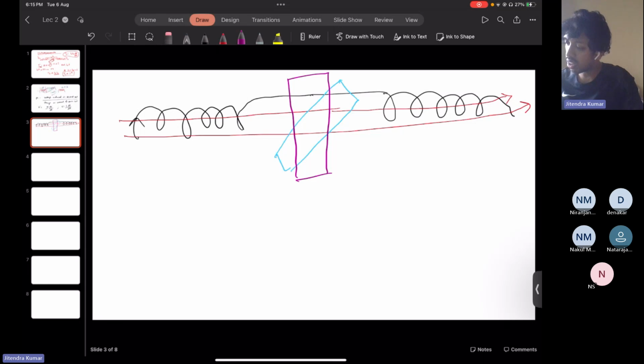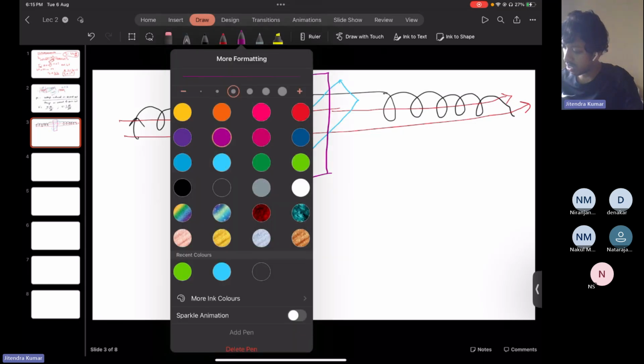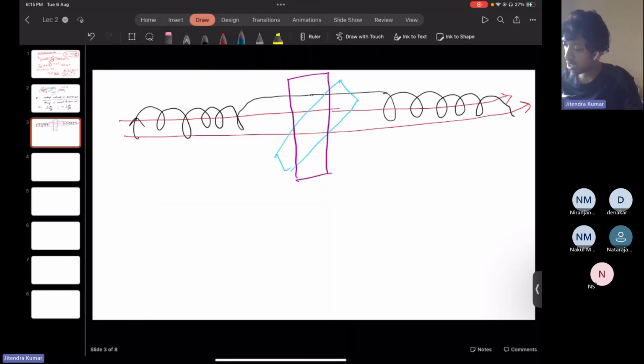And the minimum linkage will be in the circuit when the moving coil is exactly parallel to the direction of the magnetic field. So when the moving coil is 90 degree to the,